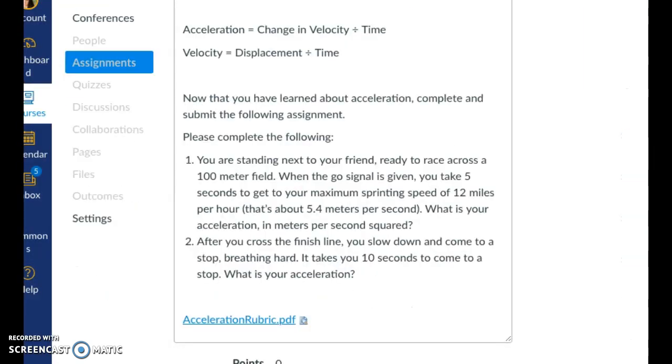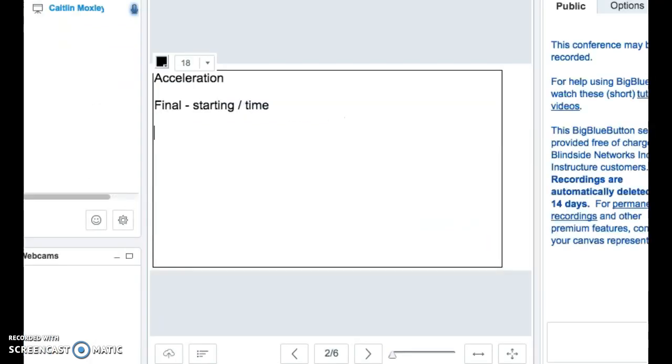Our final speed says we have 5.4 meters per second. And our starting speed was 0 because we were standing still. So what we're going to have is our final of 5.4 meters per second minus 0 meters per second divided